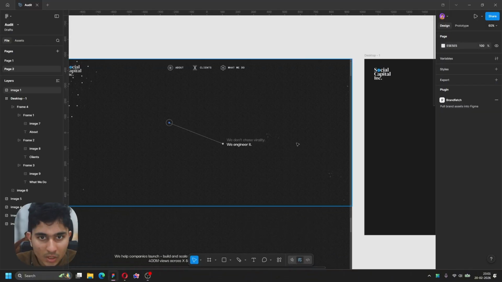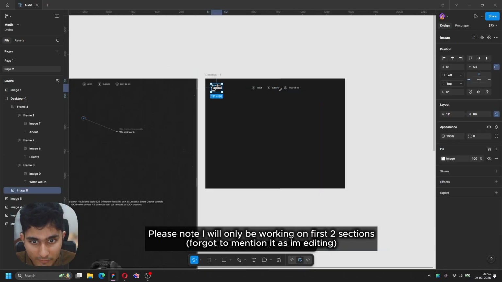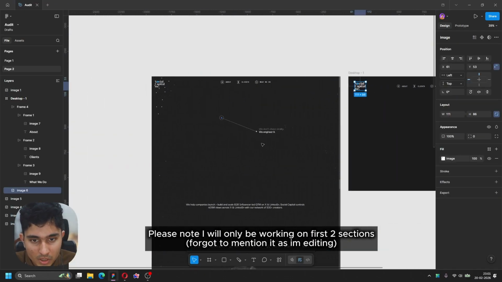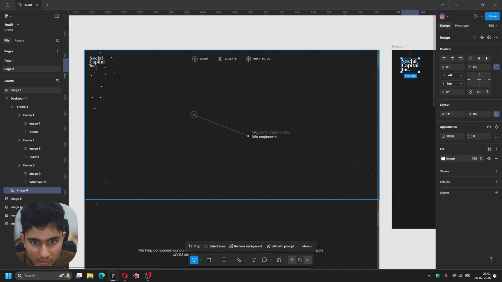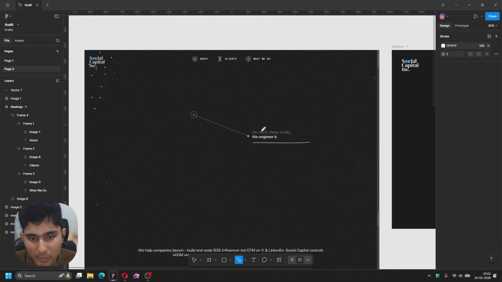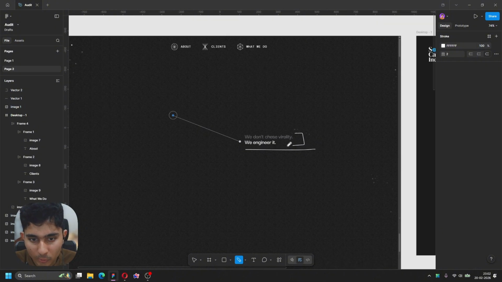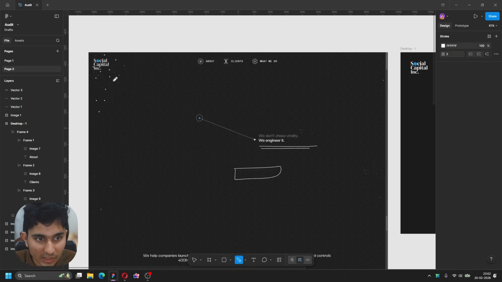So all right, guys, starting with the hero section. I've already taken out their logo and navigation, so it's a lot quicker. So let's get started with the hero section. The first thing that I see is they're missing a lot of things. The first is a good description. I think even a headline can be improved, but I'm just going to stick to the same headline for this video. We're going to be getting some good description, definitely a call to action, which I think is missing, certain